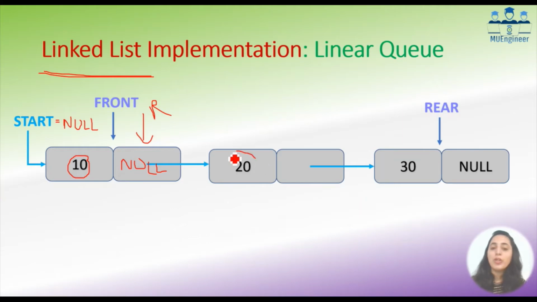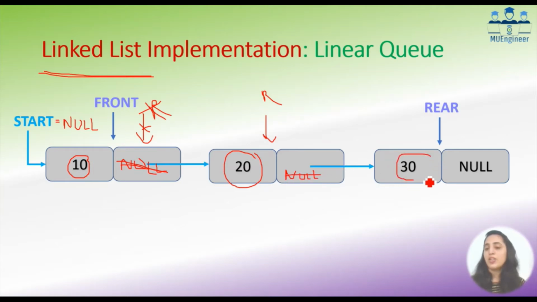But when number 20 is added to the queue, now 10 starts pointing to 20. So 10 ka next is no more null. 20 ka next will be null. And now this 20 is added at the rear end, so your rear will no more point to 10. Your rear will now point to 20, and your front is still at 10. Getting it? Now we have the next number joining, that is 30. So when 30 joins, 20 points to 30. 30 says मेरे बाद कुछ भी नहीं है, so my next is null. But your rear is now incremented by 1, so rear is now pointing to 30.